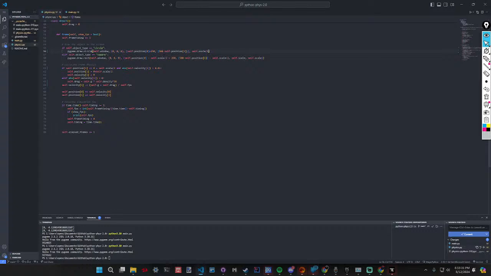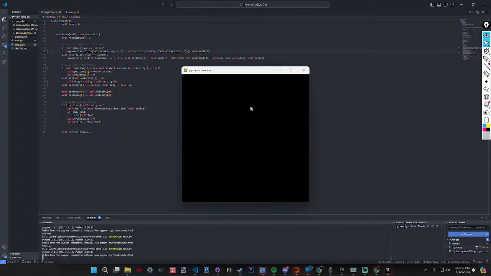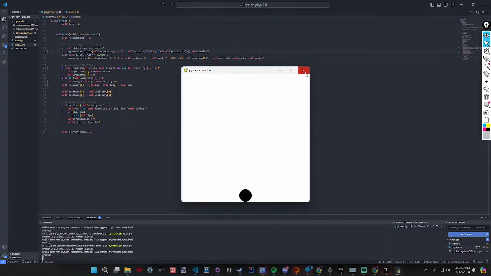But for a circle, if the radius is 50, that circle will actually extend twice as far as the edges of that cube. So that's why we have to divide it by 2. Now let's see if this works. So now we have our circle, and it falls. Very good.